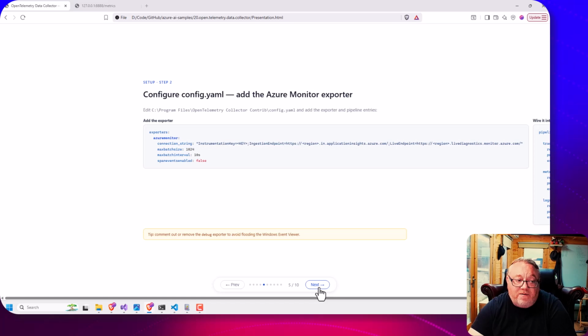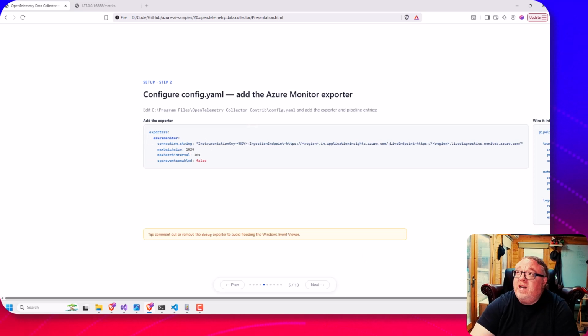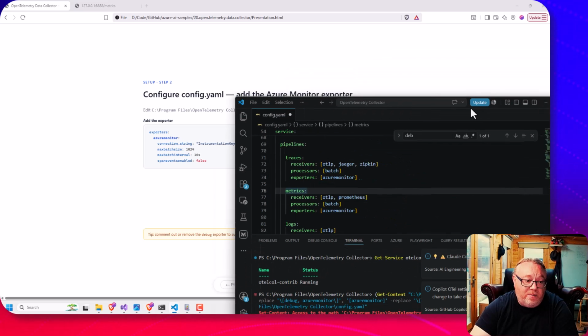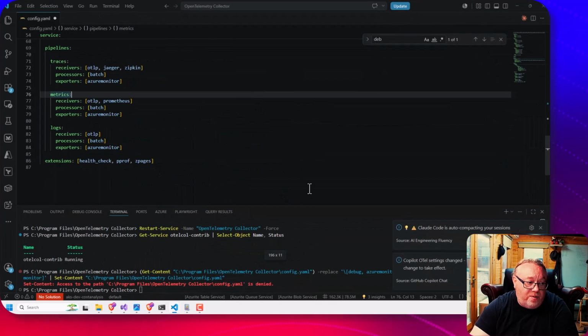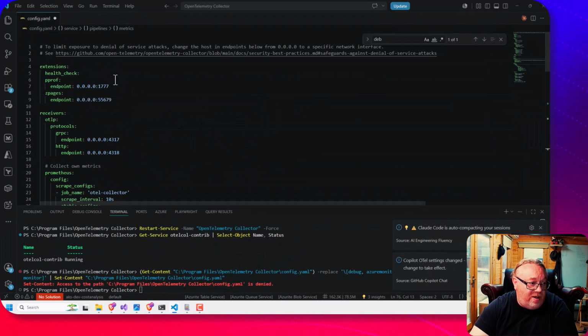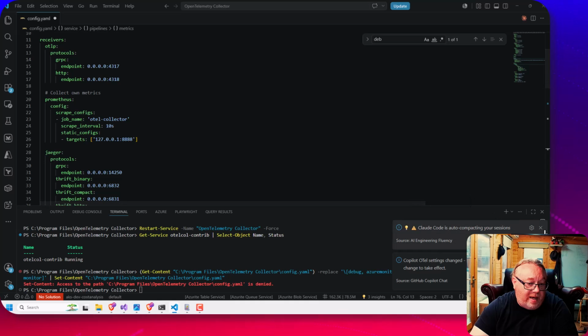The next step we'd have to do is in that service, there's going to be a YAML file. So this is going to be config.yaml. Now, just a point to note, your path may vary depending on where you install it. But you're going to have a config file, and you basically want to include the exporters. Now, I might just see if I can bring in my YAML file, and we'll just talk a little bit about this. So the key bit, really, if you go down this file,